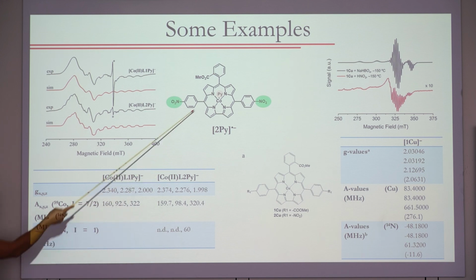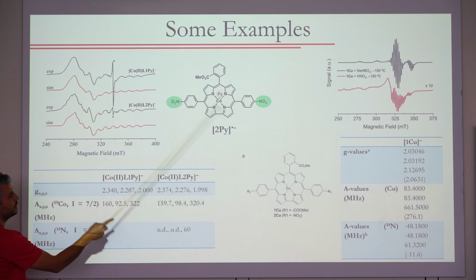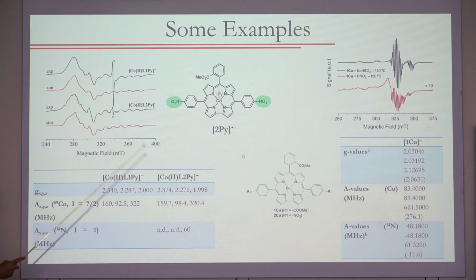But so these are cobalt and copper corroles, which are cobalt or copper 3, but I can reduce them chemically. If you reduce them, you see something like this. This signal is some impurity, but you get an inverted axial spectrum, and you can get the A values and the G values: 2.34, 2.28, and 2.00. So that means that the